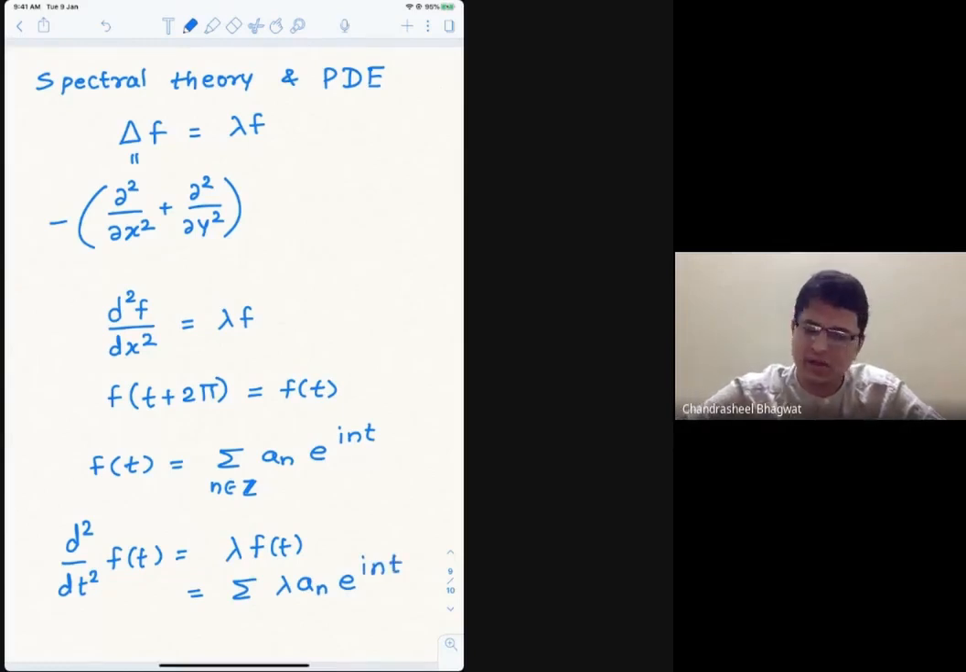Okay, so I'm going to scroll to the next page. So just remember this expression. It's basically to multiply everything by lambda. On the other hand, if I cheat a little bit and differentiate this with respect to t twice, which I'm